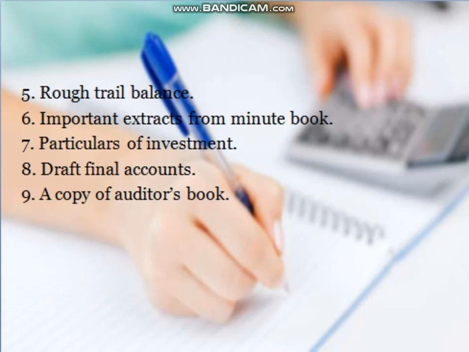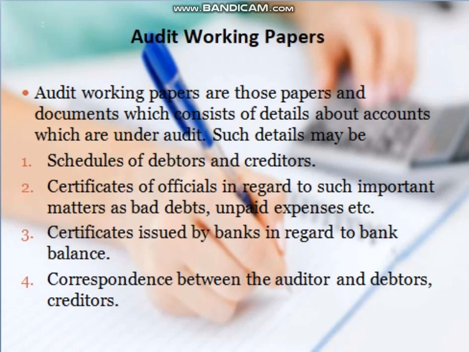It also includes rough trial balance, important extracts from minutes book, particulars of investment, draft final accounts, a copy of auditor's book, etc. So, audit working papers are those papers and documents which contain the details about the accounts which